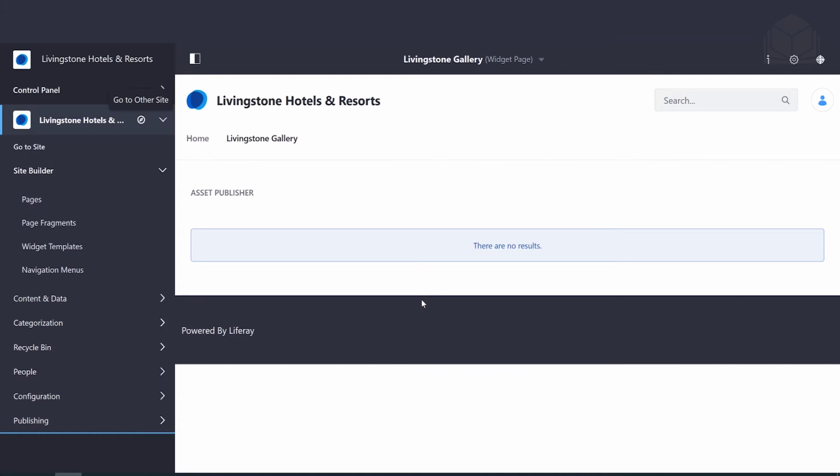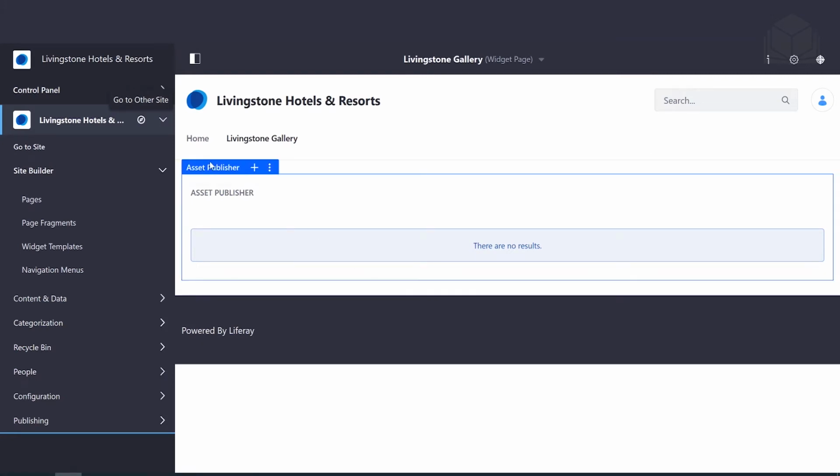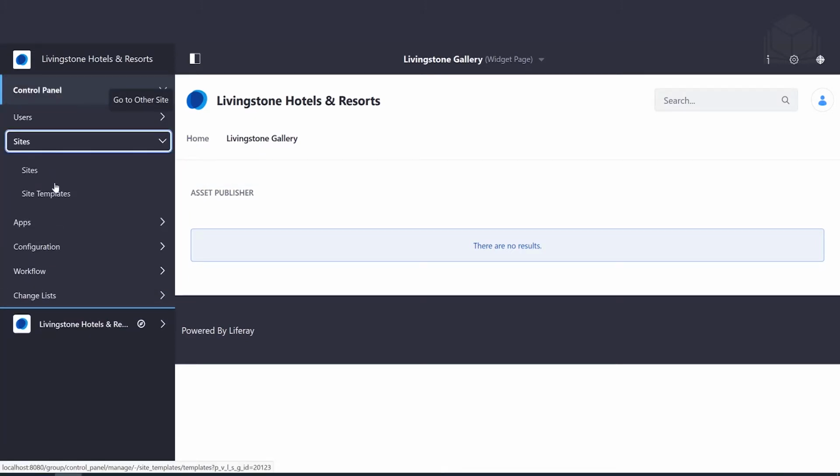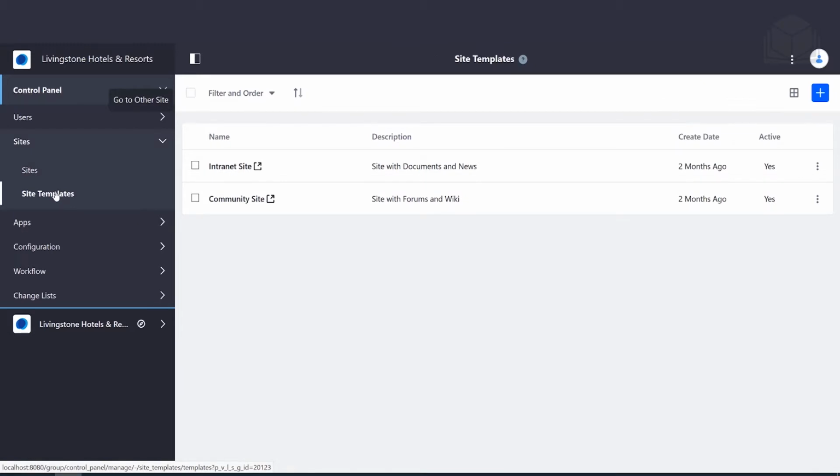If you haven't done so already, go ahead and open up the menu here on the left-hand side. And once you do, we're going to head over to the control panel, followed by sites, and then site templates. Once you're here in site templates, we're going to head over to the right-hand side, clicking on that blue plus